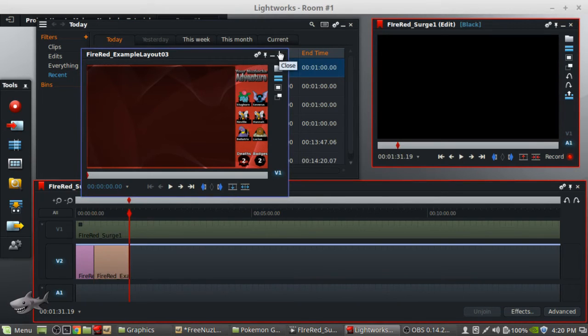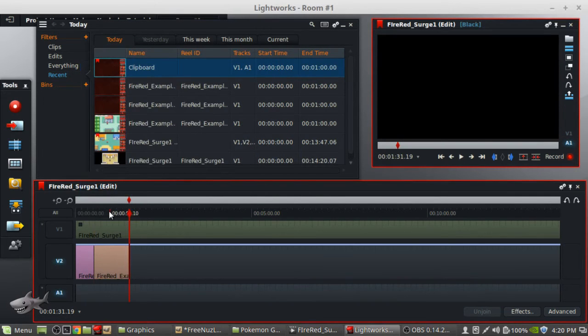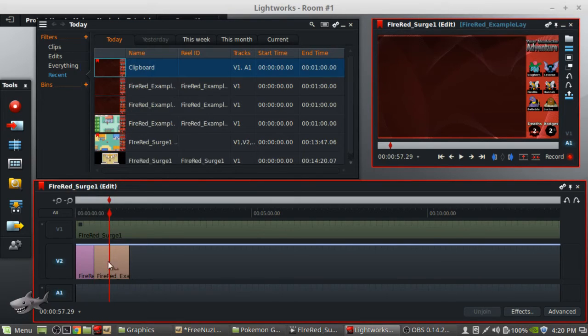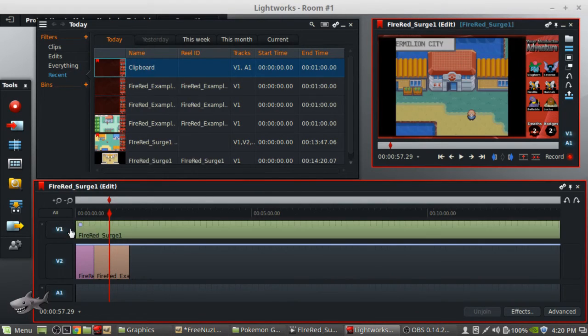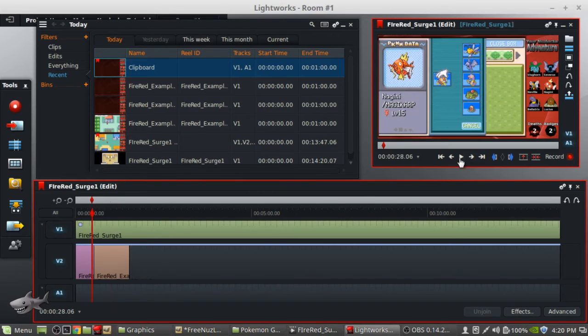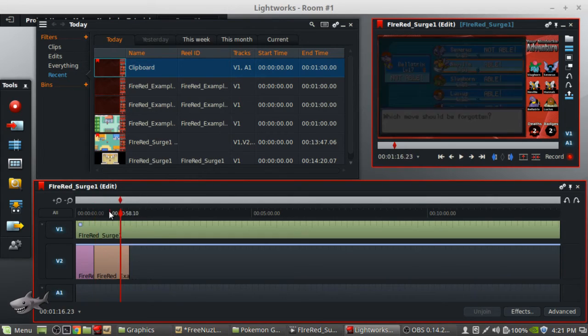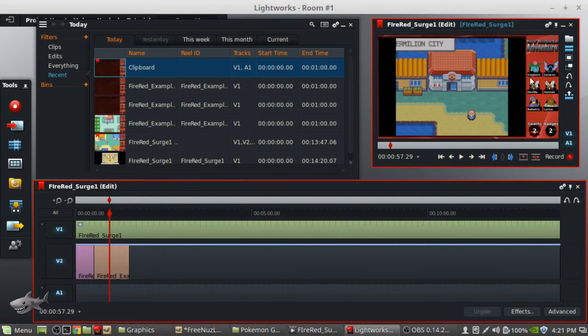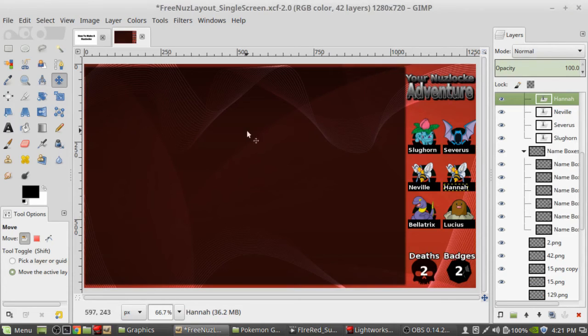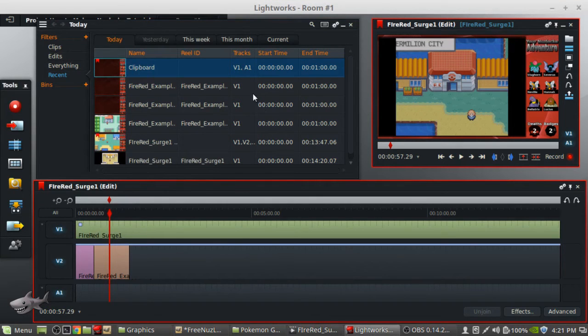Okay, so now I can close this little viewer, and now here is the other part. See? So it goes from Nagini to right about there. Makes the change to Hannah. So this is how you make it so it's actually a changing, moving layout that adjusts with your team. Just whenever there is a change to your party or a change that needs to happen in your layout, hop over to GIMP, make the change, export it as a different image, and then import it into here,